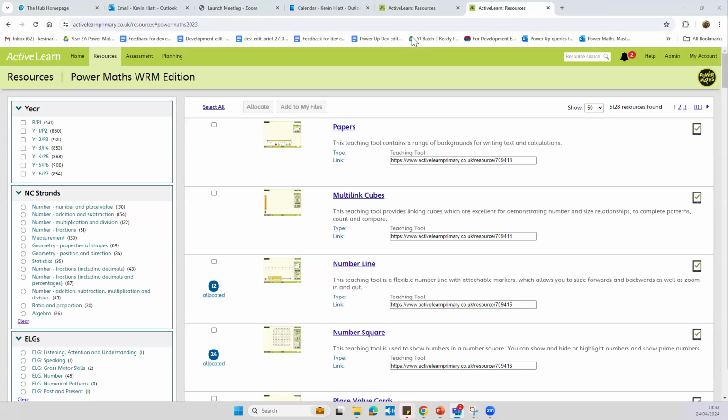But there's not going to be any reordering or change to the book for a while. And then there is a question from Mohammed, who's asking within how many months we have to finish these books? If it's a question about how long the course lasts, each year group is based around approximately 30 weeks of teaching time a year. So it's about 10 weeks per book, but it is flexible.